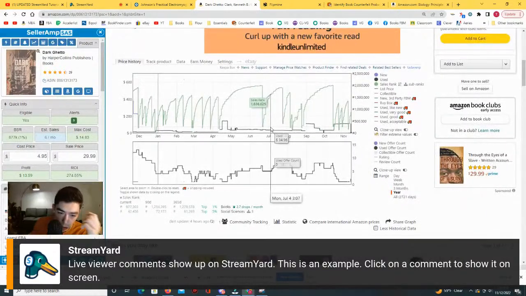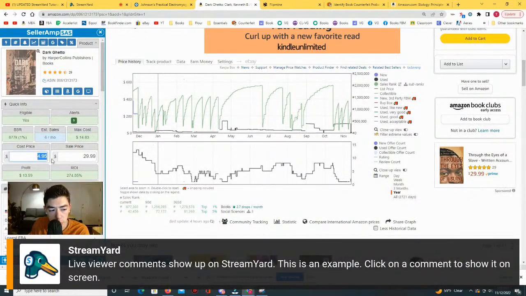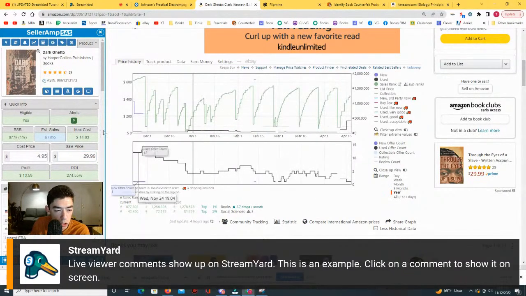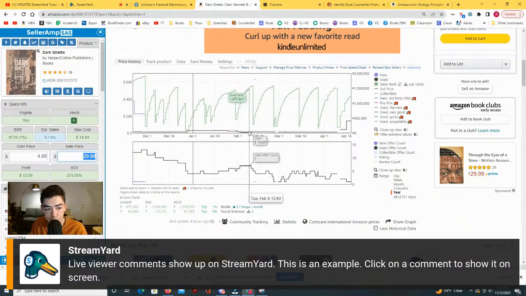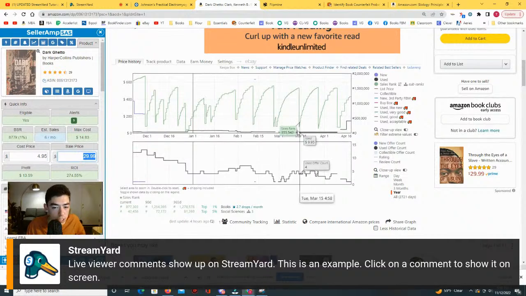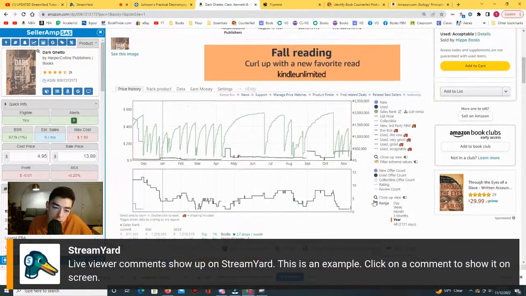So here's a book that, like I said, I wouldn't be surprised if you pick it up for $4.95. I think you could probably sell it for $29.99, but you might not want to buy it because there's more inherent risk here. What do you get to sell it for if the used offer count goes up? $13.99, you're basically breaking even. But at the same time,